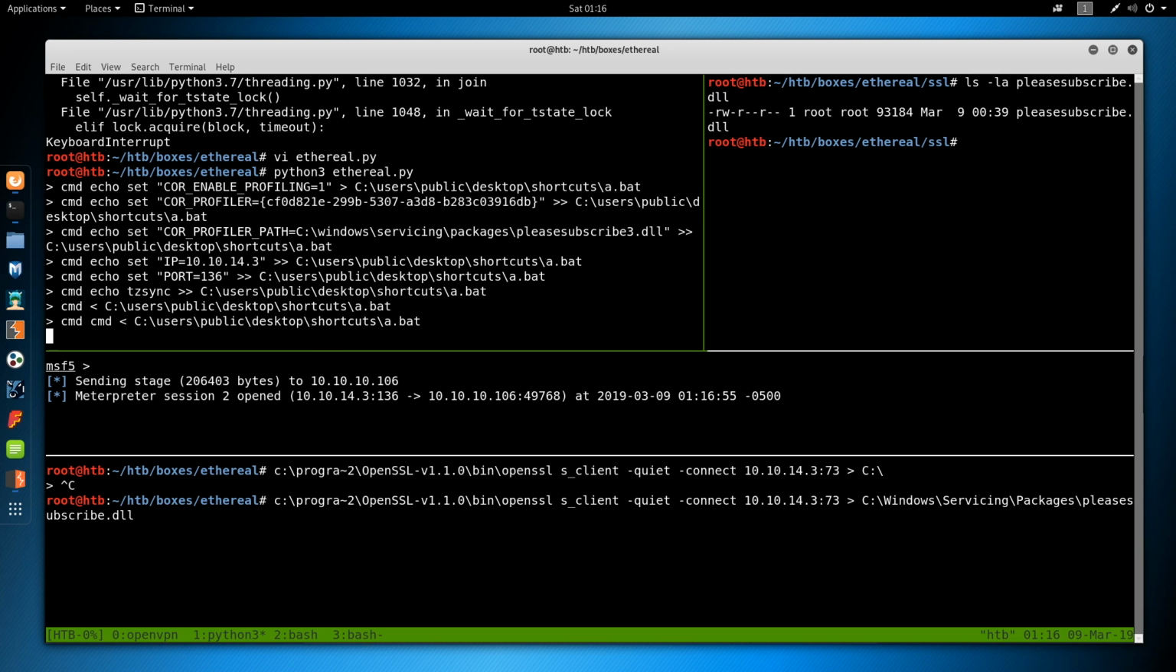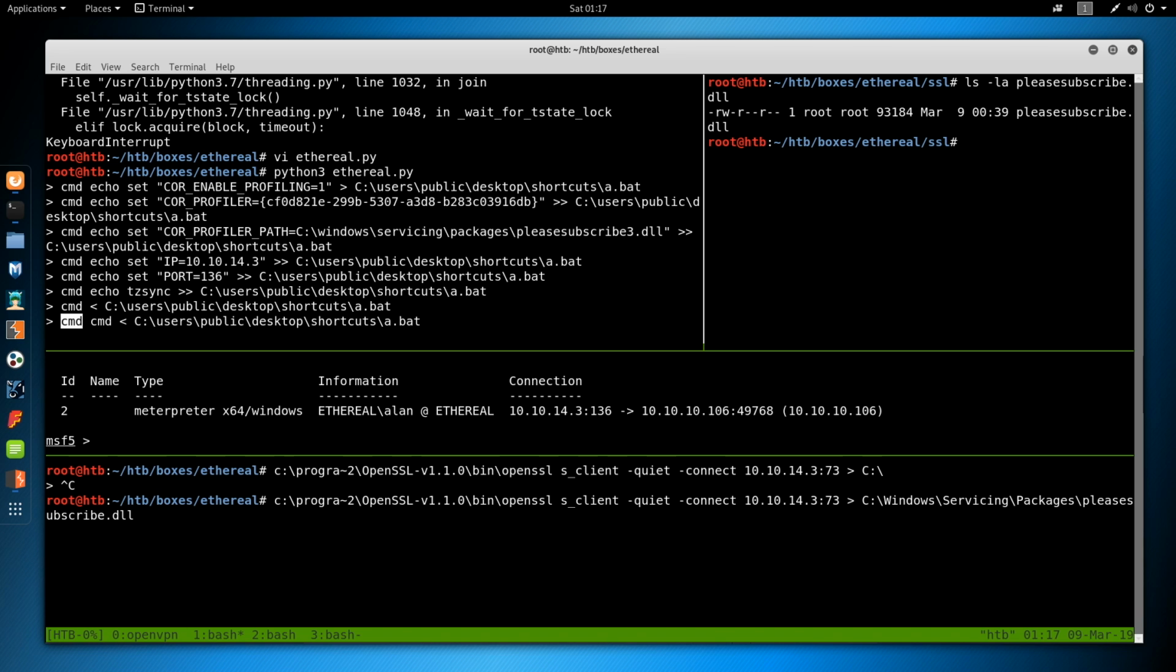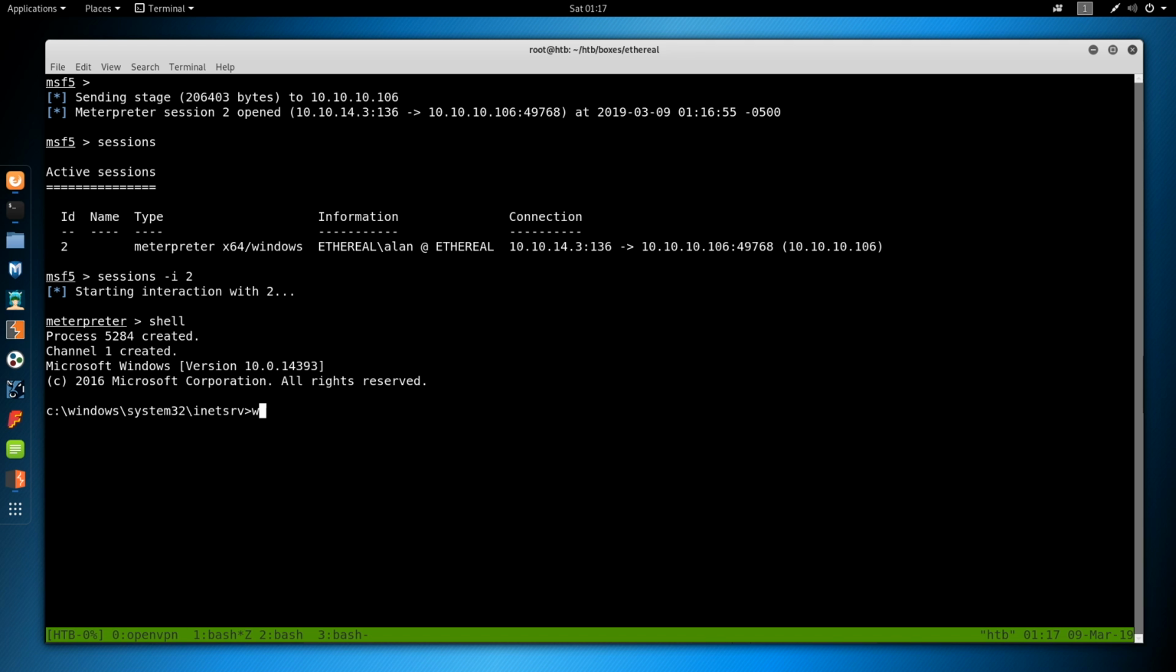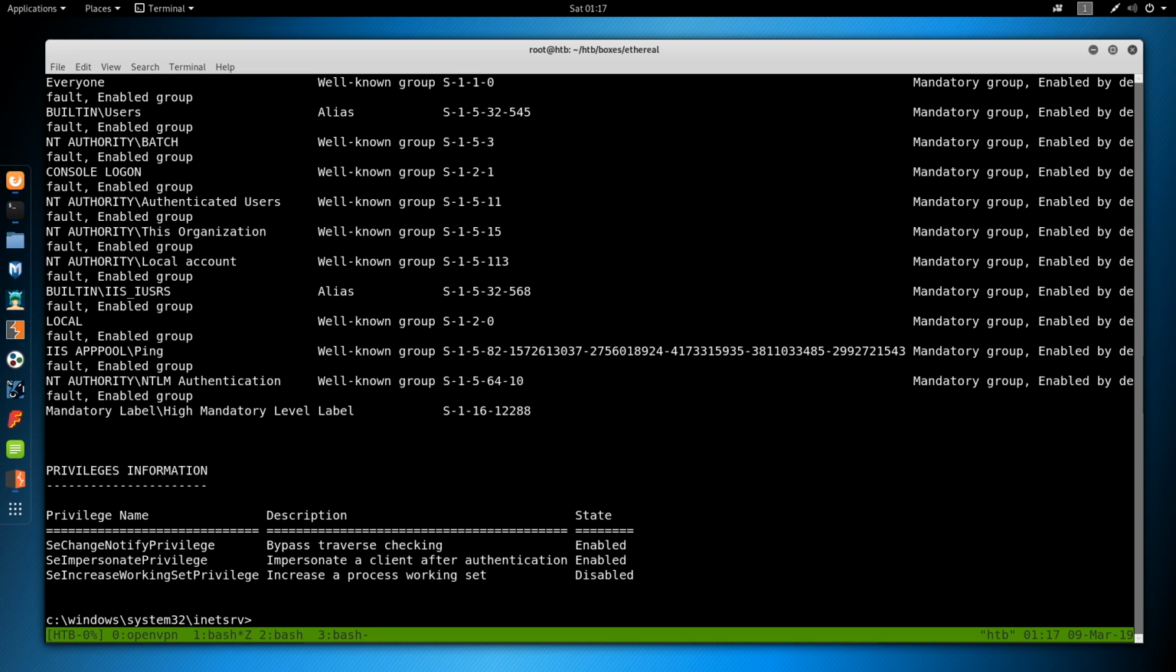There we go. So this CMD in my script just is an alias to CMD /C. So now we got meterpreter session 2 open. If we do sessions, we can see it is running as Alan. So sessions -i 2, shell, whoami /all. We can see we have the SeImpersonate privilege, so let us try to do a rotten potato attack